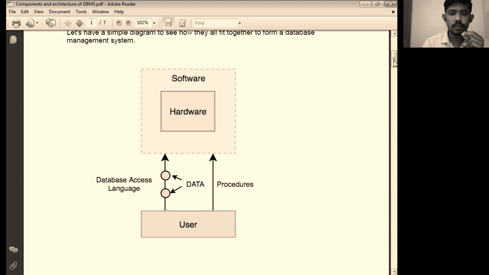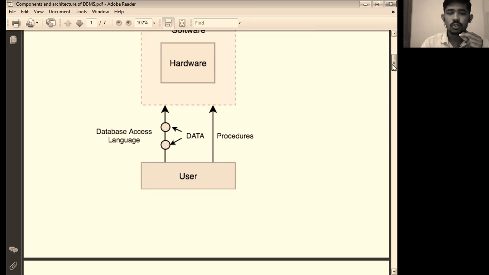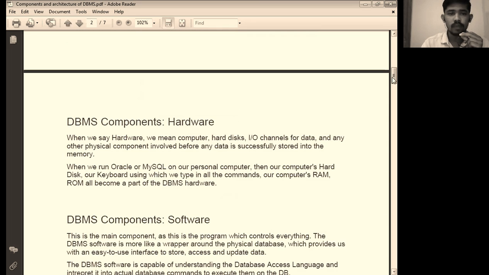Data is the data stored in a database, and procedure means the procedure required to access particular data. User means any end user who wants to access the data of the database. We are going to study these five components in detail.